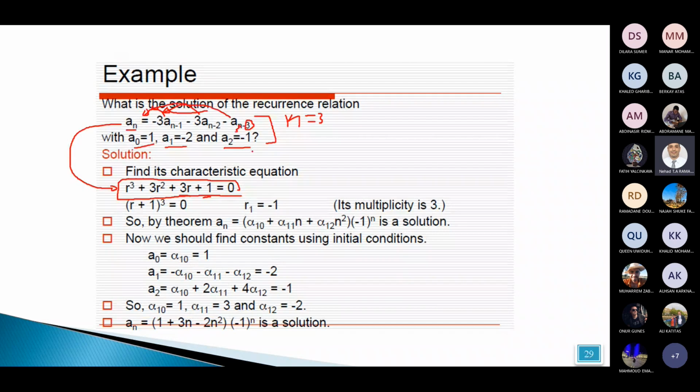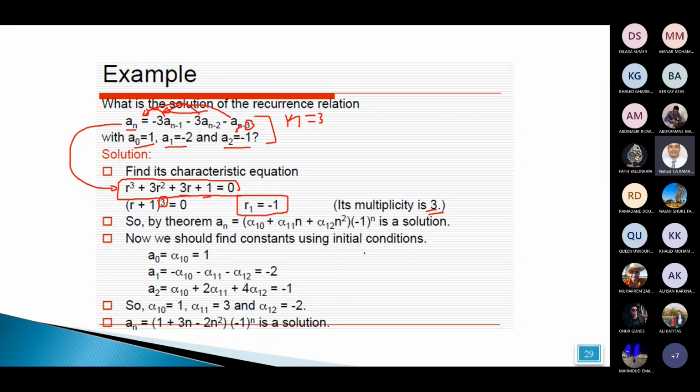This example, yes, okay, this example. We have (x + 1)^3, so multiplicity 3 for this one solution. We have one solution, but with multiplicity 3. Okay, so we have to apply the